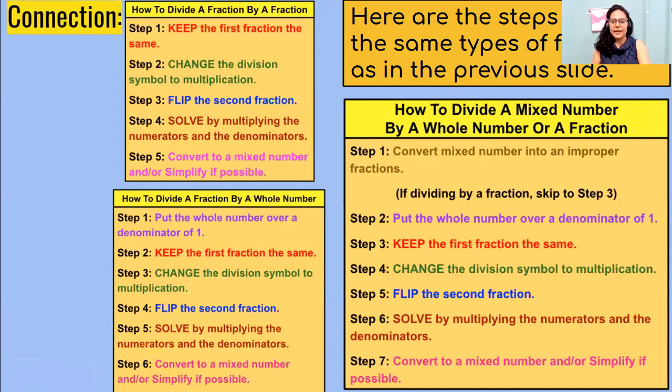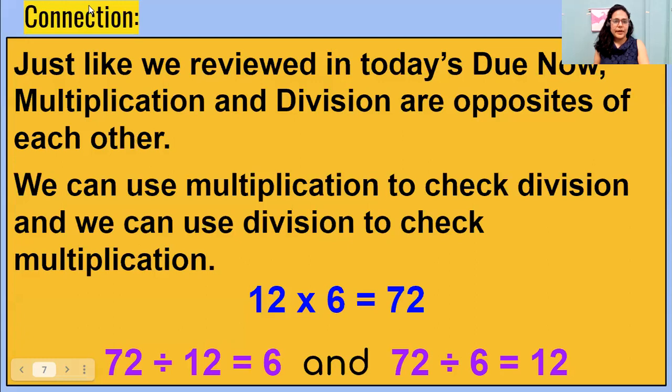Then how to divide a mixed number by a whole number: convert the mixed number into an improper fraction, put the whole number over a denominator of 1, keep the first fraction the same, change the division symbol to multiplication, flip the second fraction, solve by multiplying the numerator and denominator, convert to a mixed number, and or simplify. Any questions about this? Okay, so